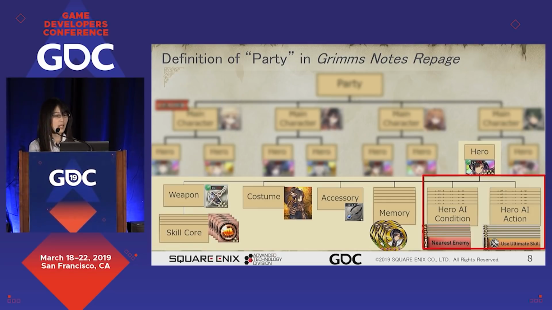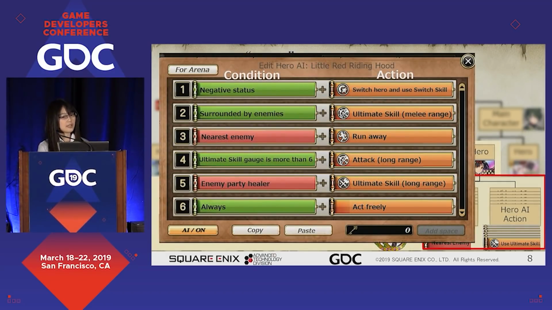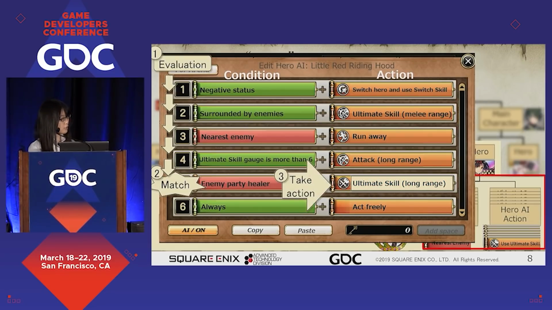The hero's behavior in battle depends on its hero AI equipment. Each hero AI contains a predetermined rule set of actions which can be customized by the player. It evaluates conditions from the top until any condition is matched and executes its associated action.